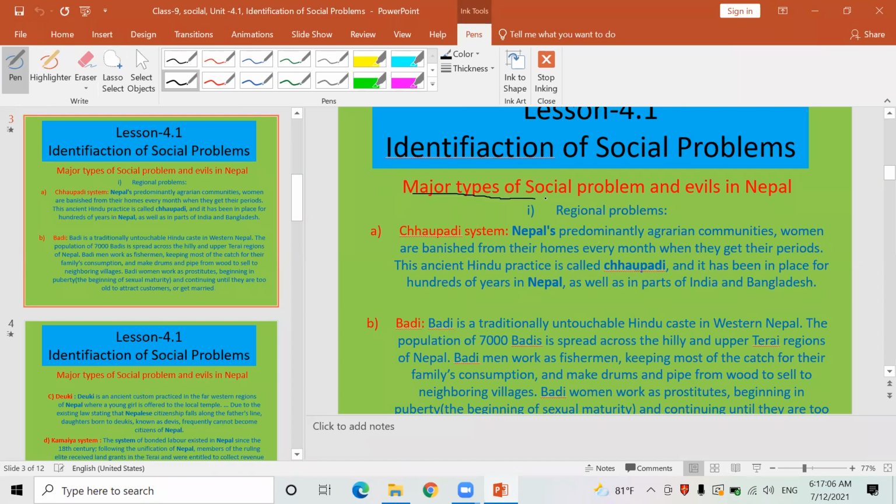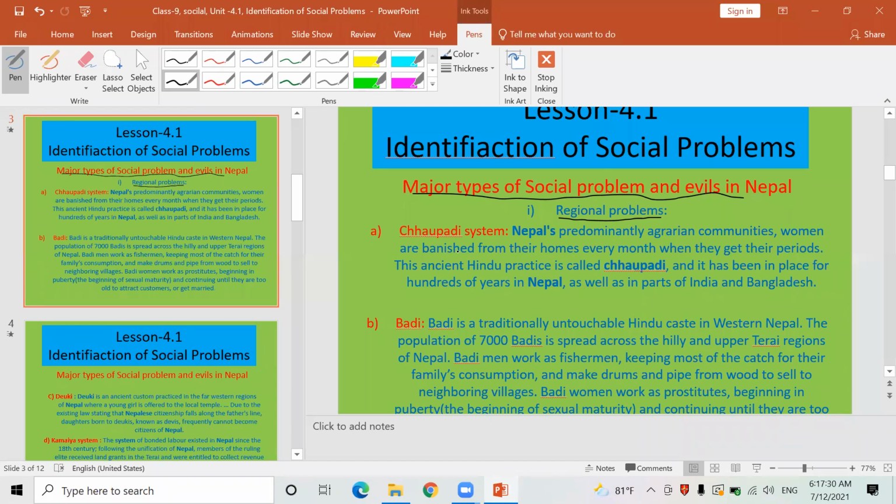Major types of social problems and evils in Nepal. What are the major types of social problems and evils in Nepal? First of all, regional problems are given. Regional problems means, for example, in Province number 6 and 7, Sudurpashchim Province and Karnali Province, what sort of problems are prevailing